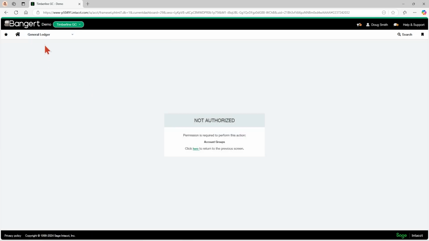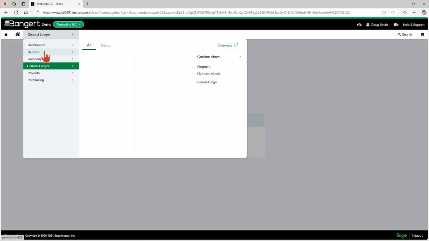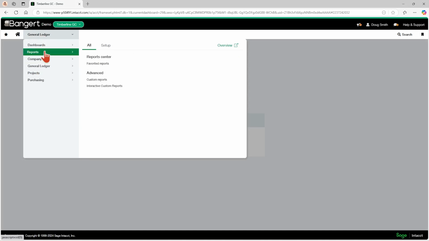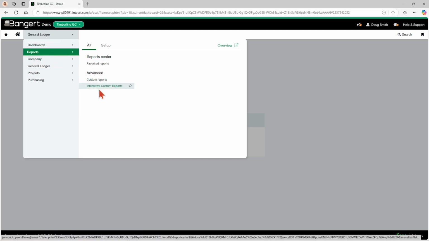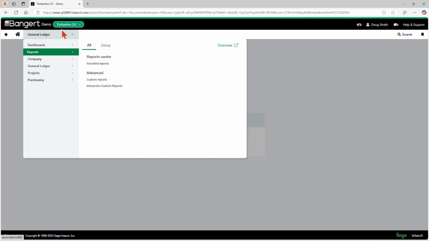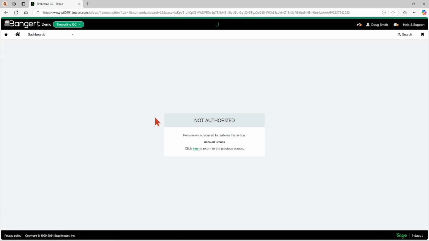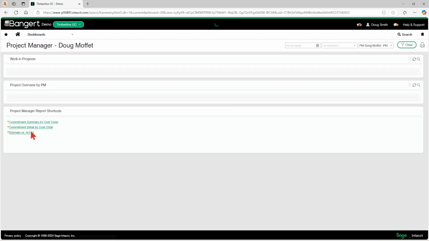Okay. So another area I want to go to that might be a concern for security is, let's look at reports and Report Center. So in my reports area, I've got custom reports and ICRW reports. So I have to have the list on in order for the project manager to run the specific linked reports down here.